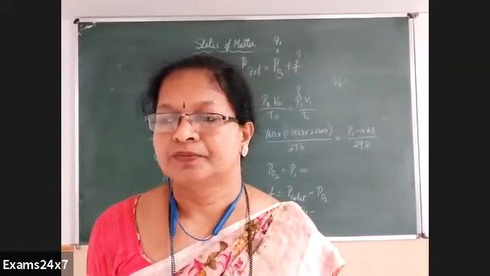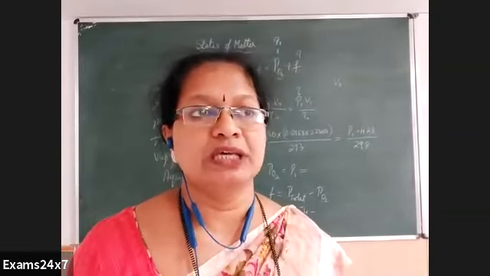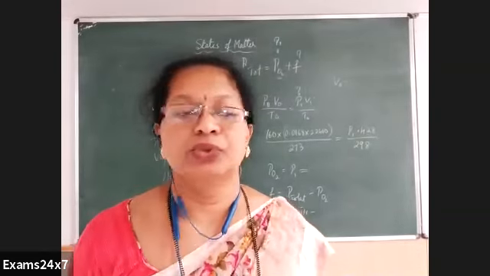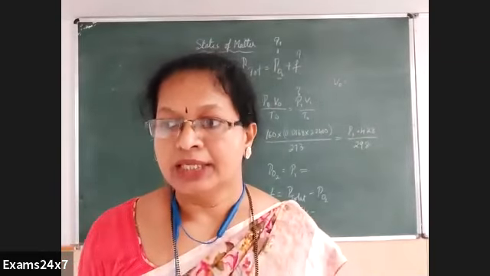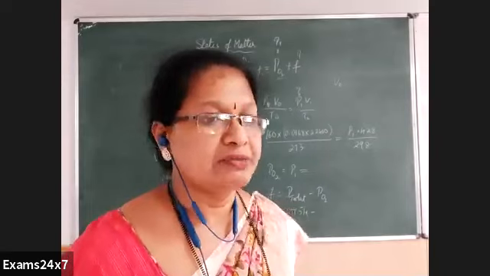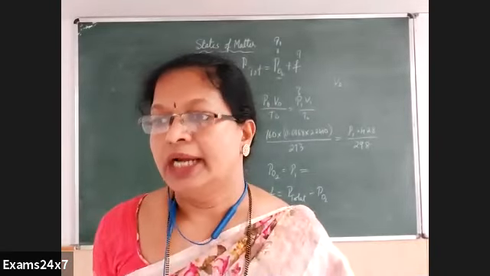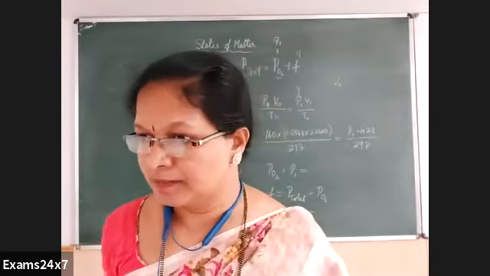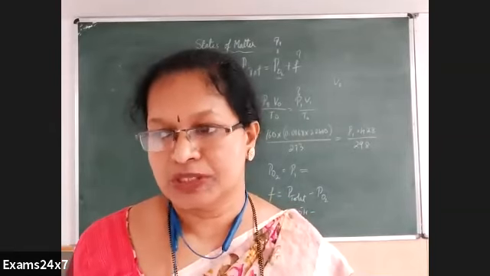Understood? But the question is whether to take 22,710 or 22,400. I suggest you take 22,400 itself. The reason is that in some of the questions solved in the earlier reference books, they have used the same values. And if the examiners take the question from those reference books, they'll be using the same value. With respect to that, you'll get the options.